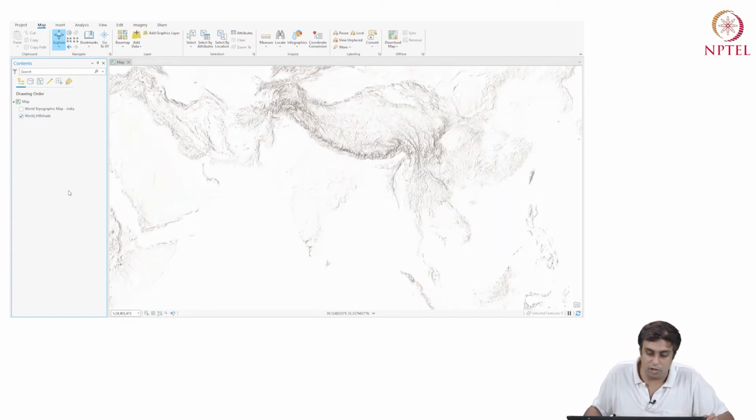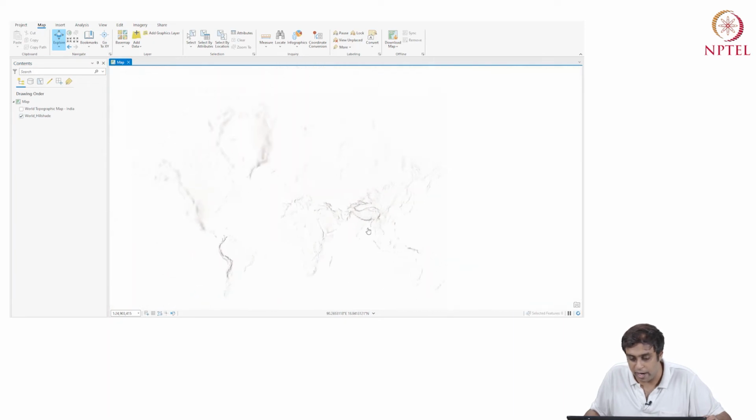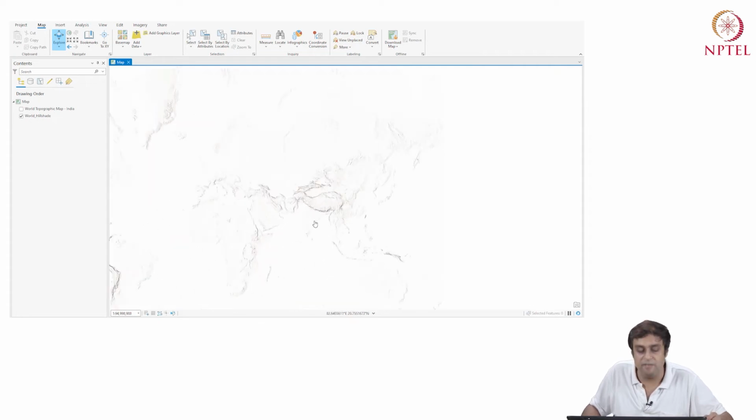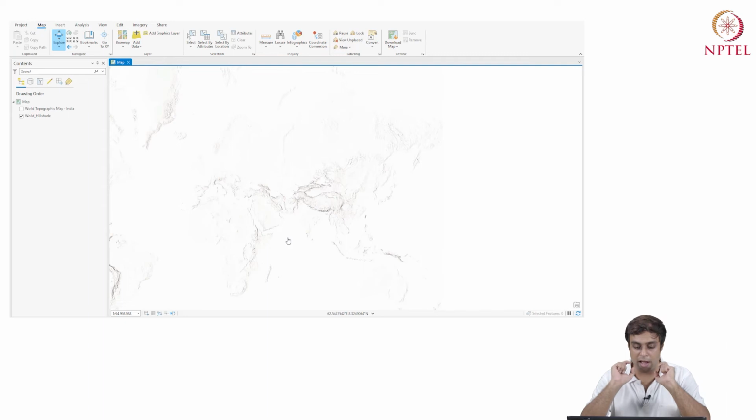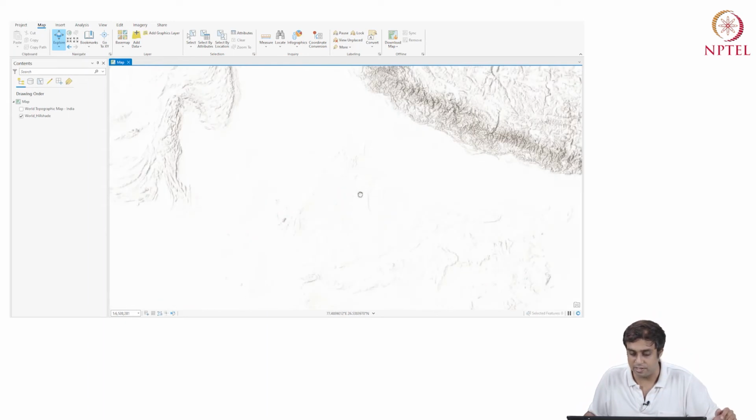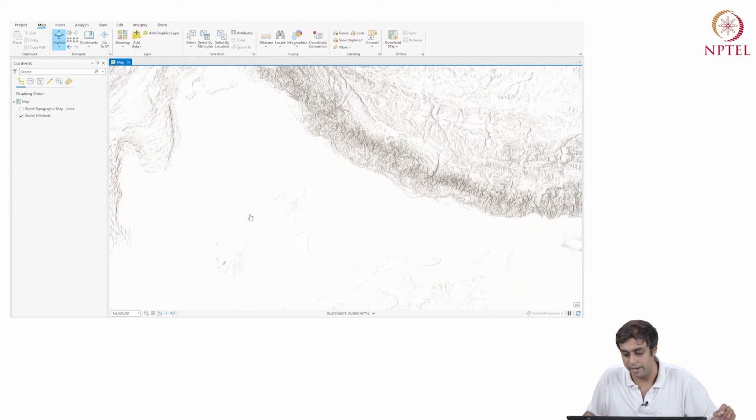So let's look at World Hillshade. By looking at it, I can tell that the World Hillshade is somehow a digital elevation map. Okay, it is drawn in grayscale. The darker the scale, the higher the elevation, it seems to me. Okay, and how do I know that? I have this region in India. This is the Indo-Gangetic Plains, and here are the Himalayas, right?